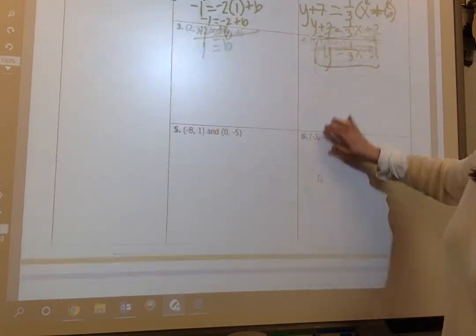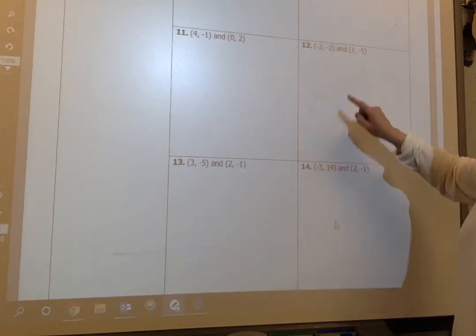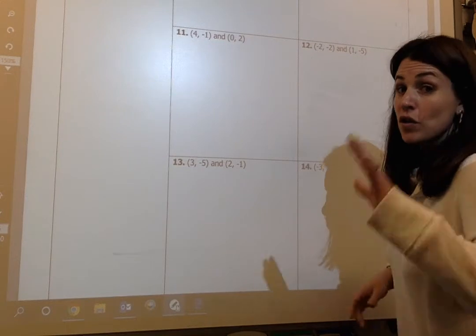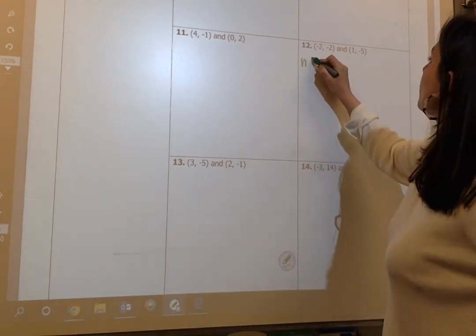Okay? All right, let's look over here on the last page. Let's do 2 more. Let's do 12 and 14. Okay, so step 1 is always, if we have 2 points, we're going to find the slope. So the slope, remember,